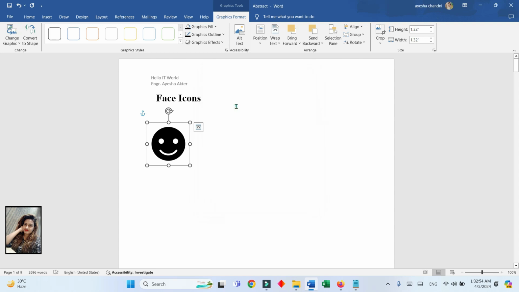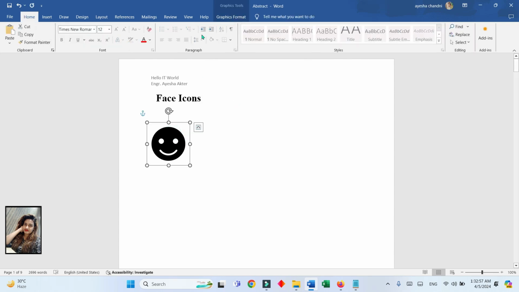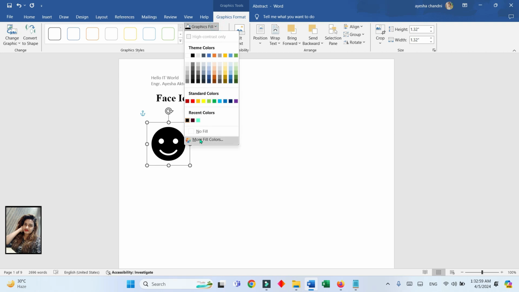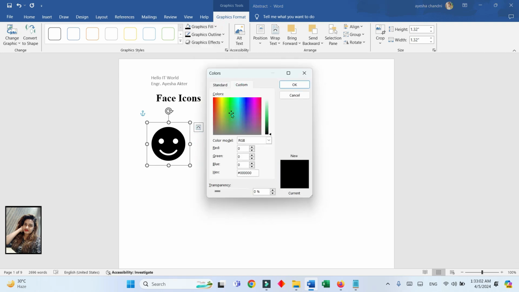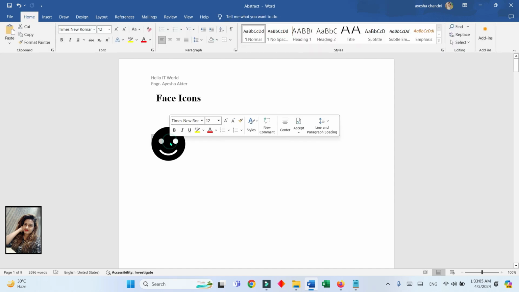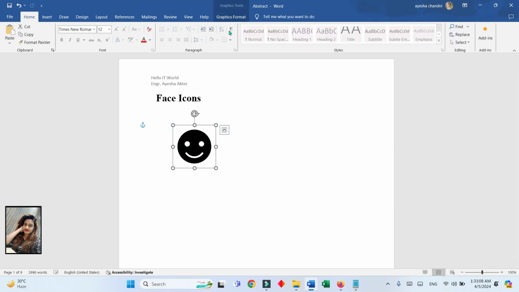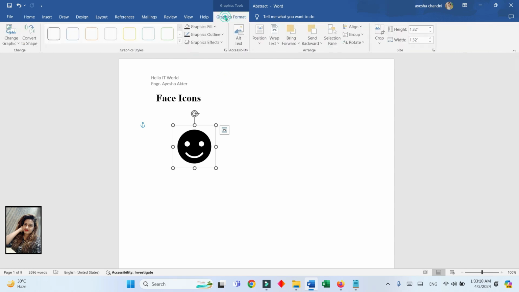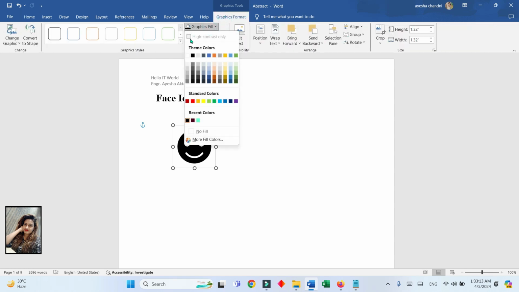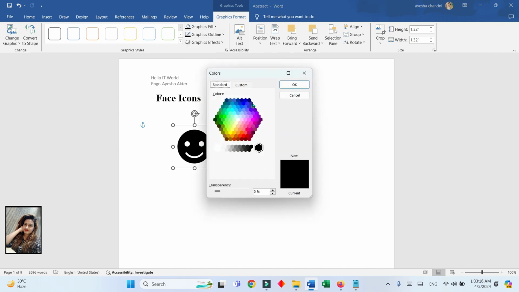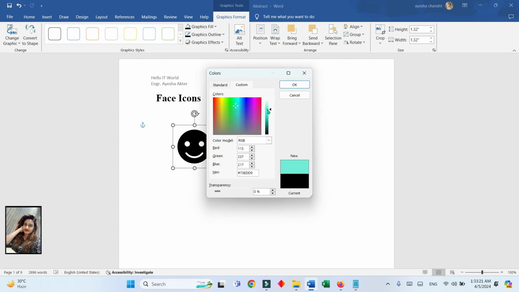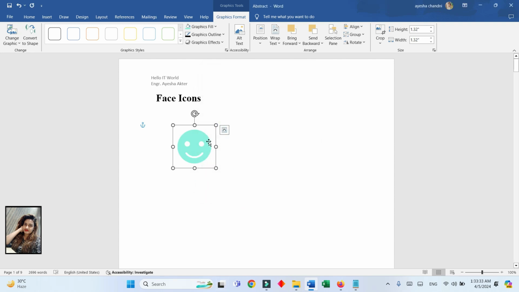So here if we want to take this, see, this, sorry, that has gone. Customize, standard. Okay, this is the thing, it will not work. Then go to More Colors, Custom. See, we have to do this from here. So we're going to take these colors. Okay, see the color has been changed.